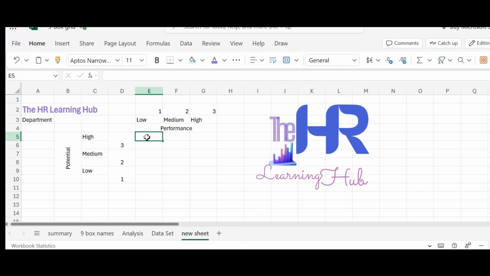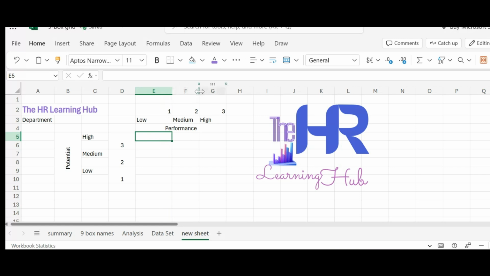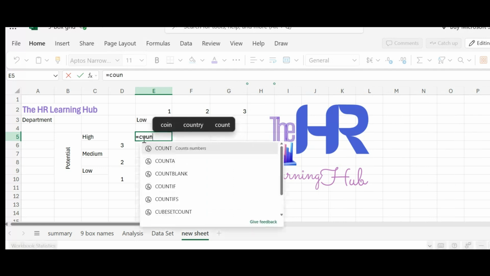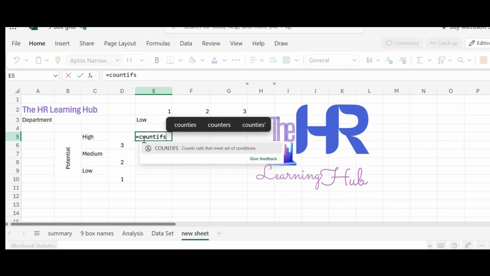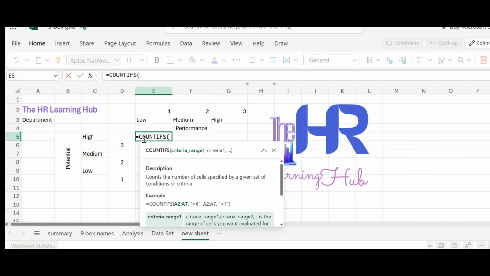Now let's come to our formula. Let me just give some additional spaces over here so that it looks a little spaced out. Okay. So now we will calculate count using the COUNTIFS formula. So we do COUNTIFS. It is asking for what is the first criteria. So criteria range 1. For that, we go to our